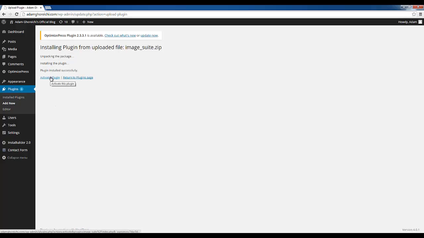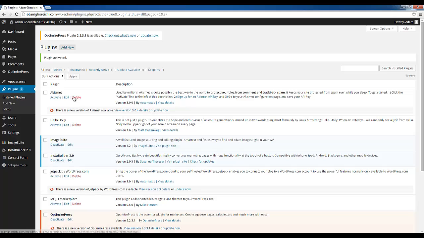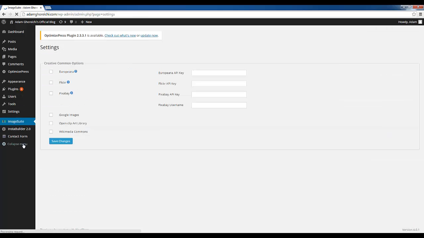The next thing we do is, of course, activate the plugin. And then we will see it on the left panel of WordPress. So there it is, ImageSuite. I'm going to go ahead and click on that. And by the way, this is the front end version of ImageSuite, so this is what you will be getting